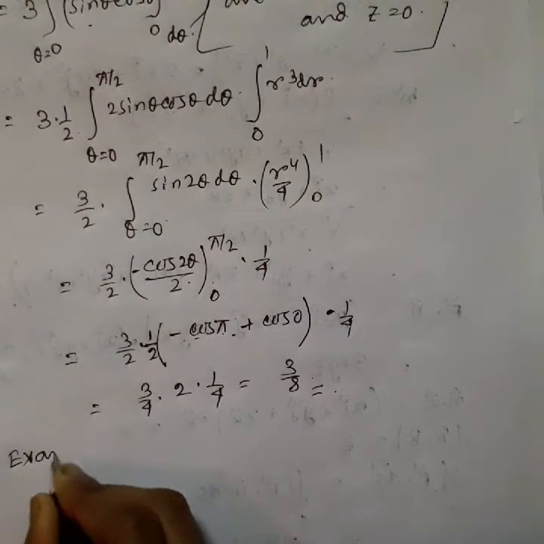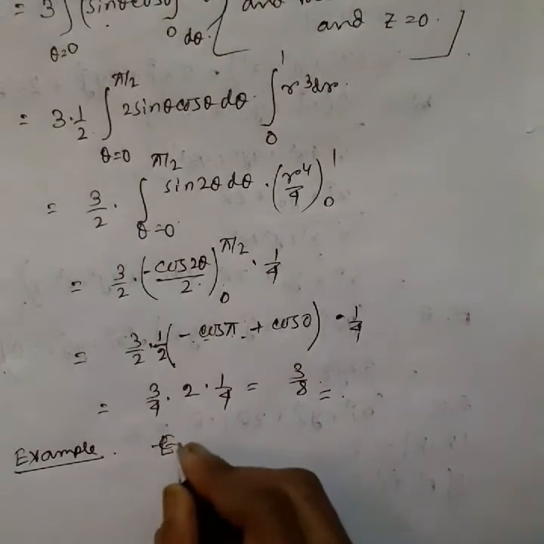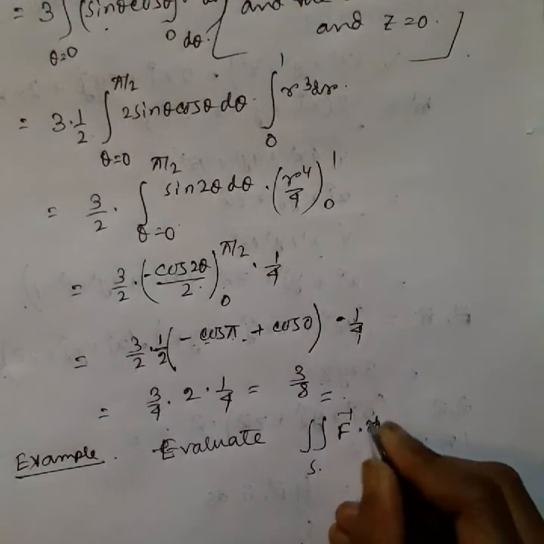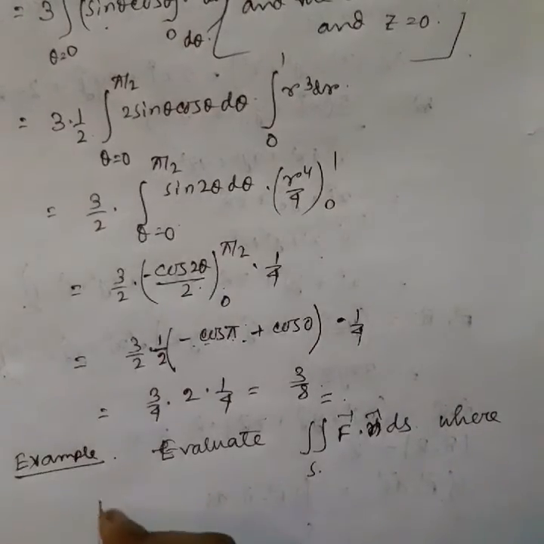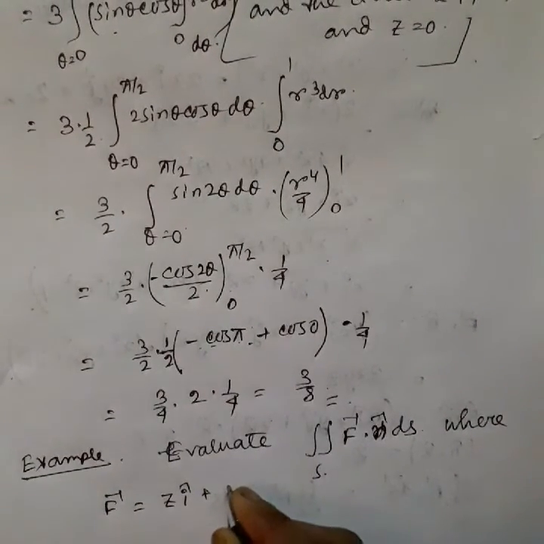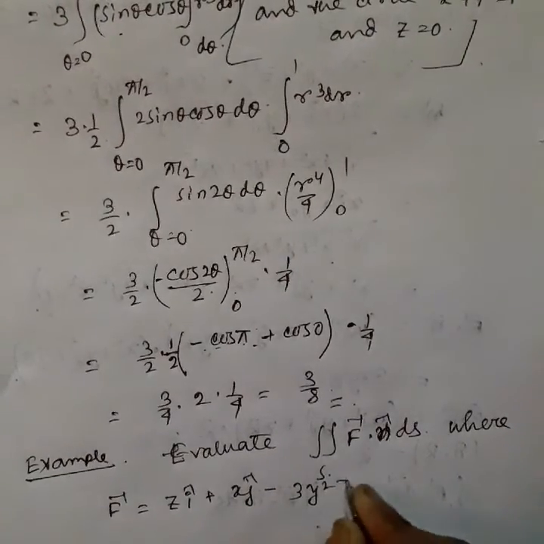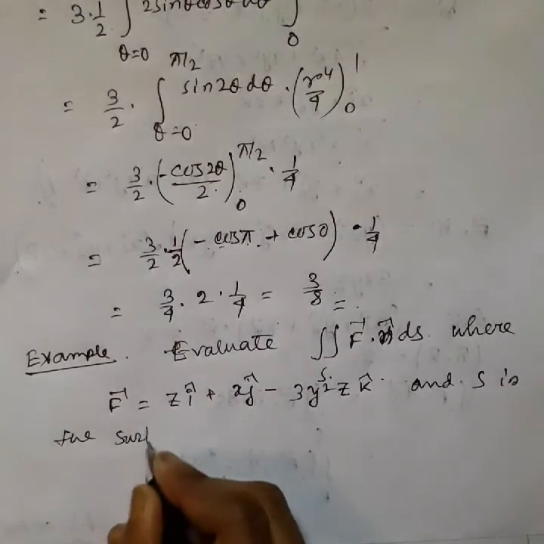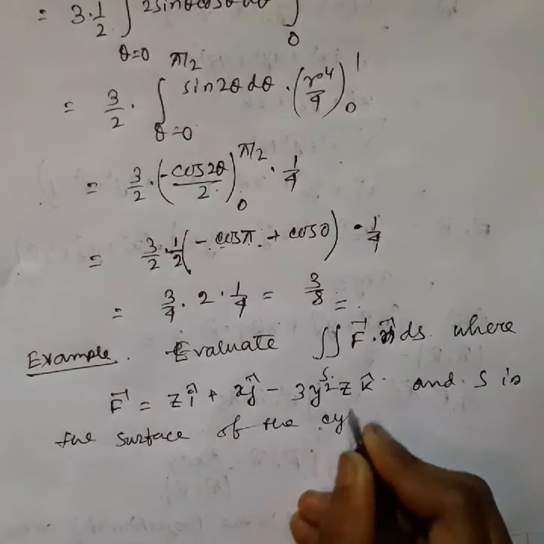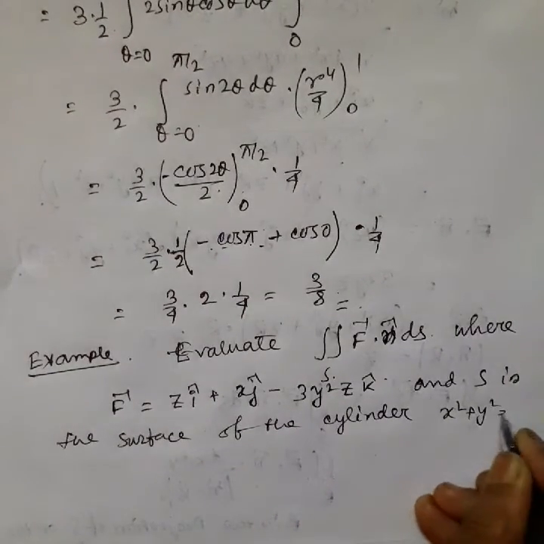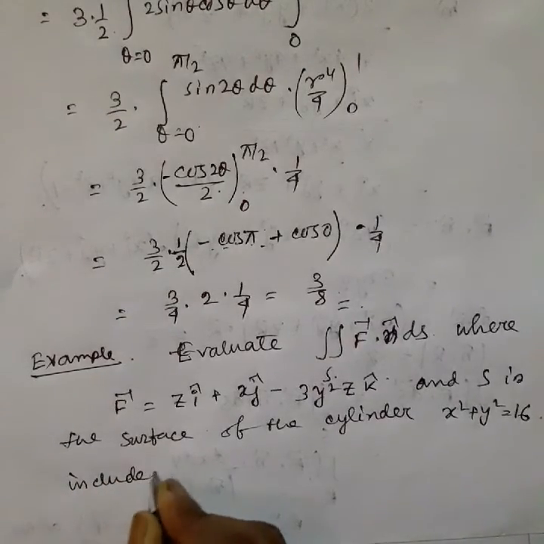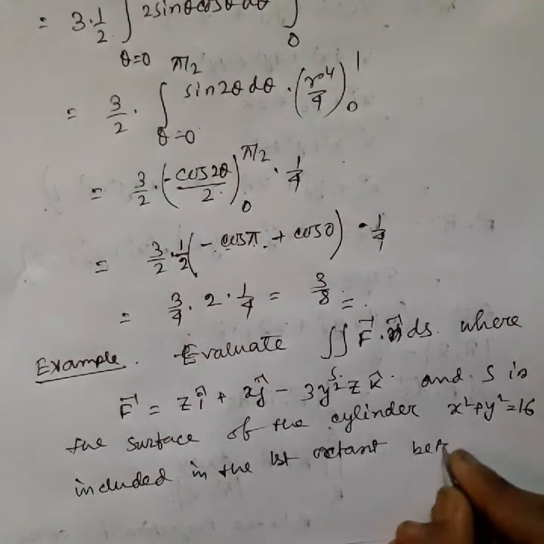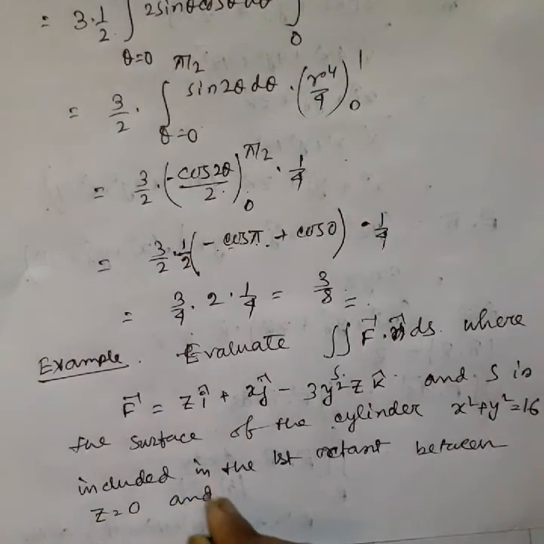So now we illustrate another example. Evaluate double integration over S F dot n cap dS, where F is equal to z i cap plus x j cap minus 3y square z k cap, and S is the surface of the cylinder x square plus y square is equal to 16, included in the first octant between z is equal to 0 and z is equal to